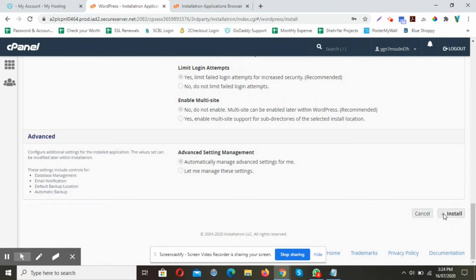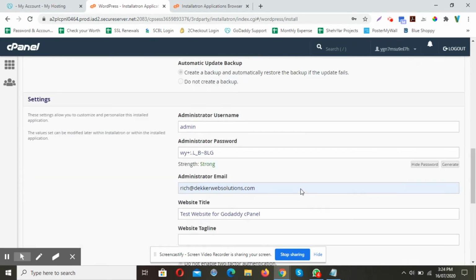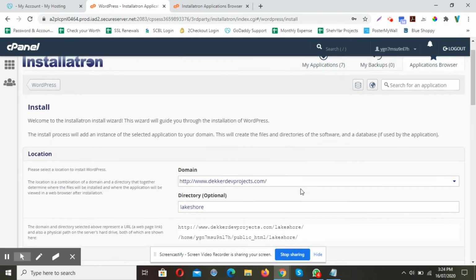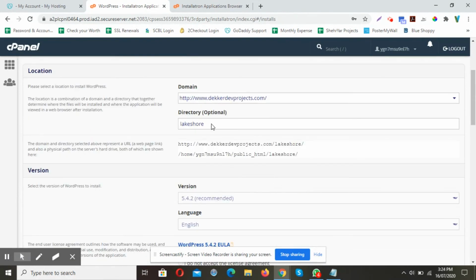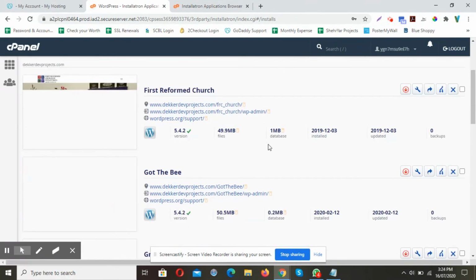Now I'm going to click on install since we have finished everything we have on this page, and you see it is processing. That means the server is now installing WordPress in the set directory that we gave it.